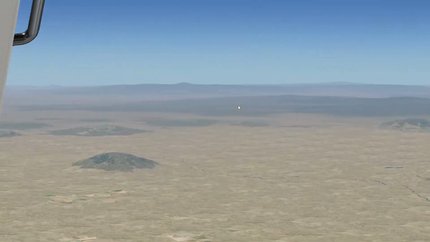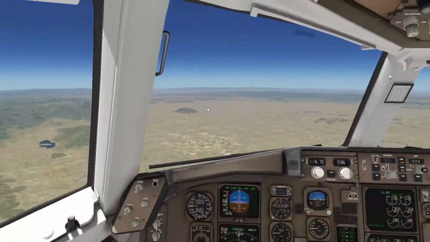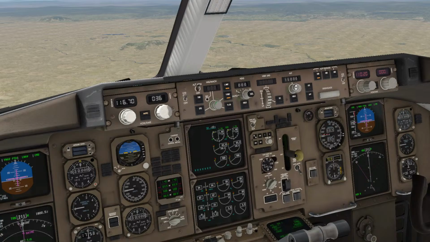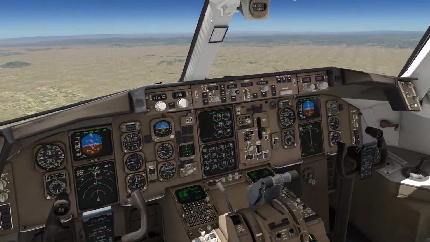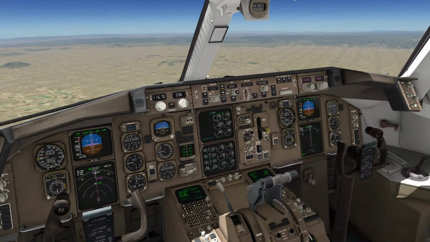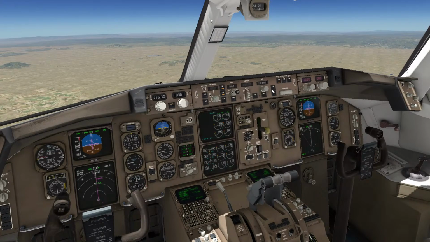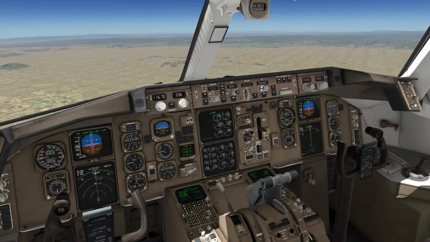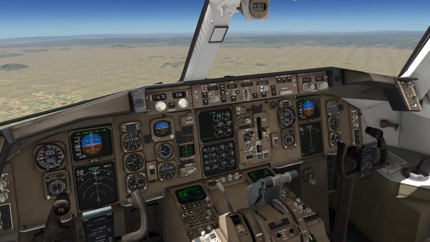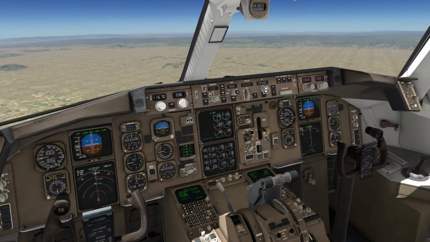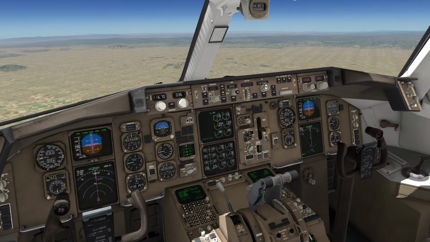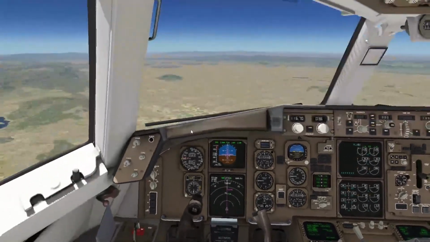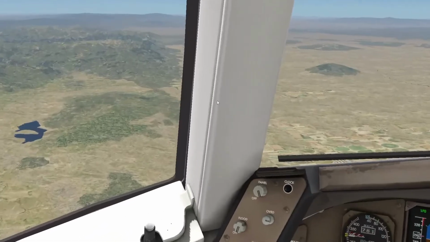In terms of flying, I don't like the look of those hills. I'm going to set this down to 15,000 feet for now. Actually, I should set this for 16. Yeah, we'll do 16, set that for 16,000 feet. It'll be in the FMC,